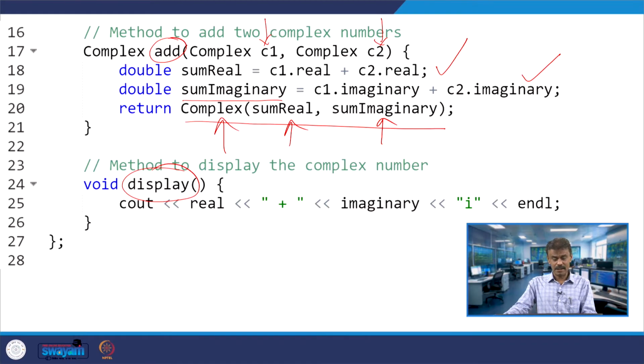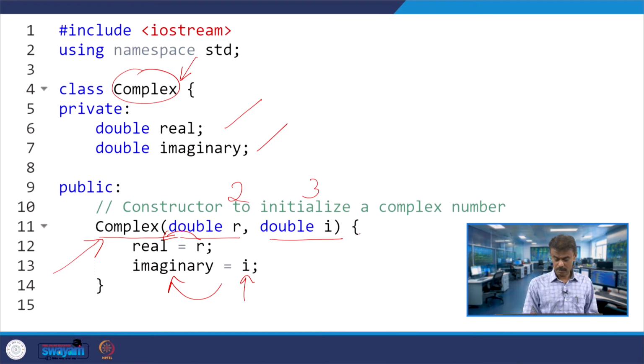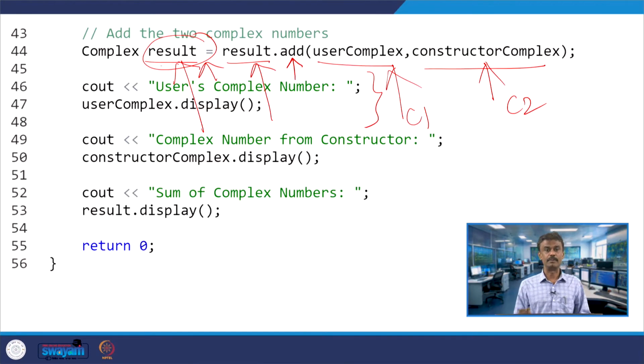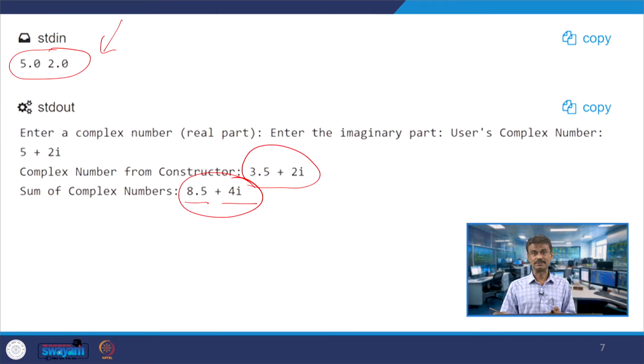It is a special member function kind of, complex, some real, some imaginary. When you look at the constructor, complex double R double I, R will be assigned to real and I will be assigned to imaginary. This is what exactly is happening. Then where it is returning, you can see that it will be returned to the result. So the result has a real part and an imaginary part, and that is what we are displaying in line number 52 and 53. This is how this particular program is working using a parameterized constructor.